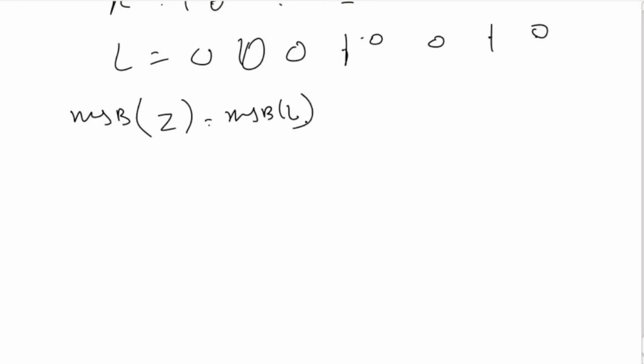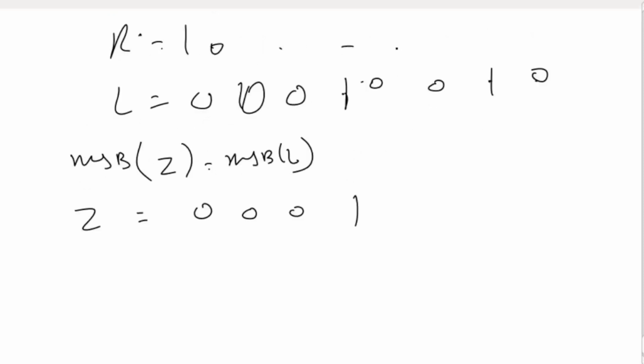So okay, we have set this. Okay, we are done with it. Now what we'll do is we'll take OR of X and Y from this bit to the end of this bit, and we'll get some number like this. Now if it is greater than L, then it is fine, because it is greater than L and less than R already, because MSB of Z is less than MSB of R.